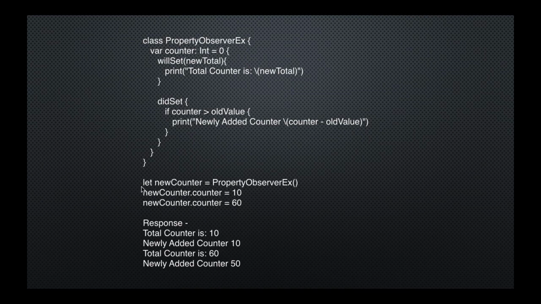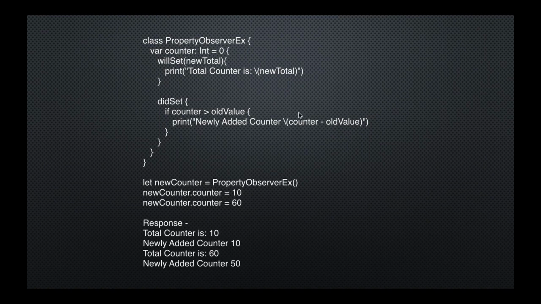Okay, so when we initialize this class and we call newCounter.counter = 10 and newCounter.counter = 60, we are just changing the counter value. Whenever we are setting these values, you can see the response. So total counter is 10, and then newly added counter is 10. Total counter is 60, next time 60, and newly added counter will be 50 because the old value was 10, so it has deducted